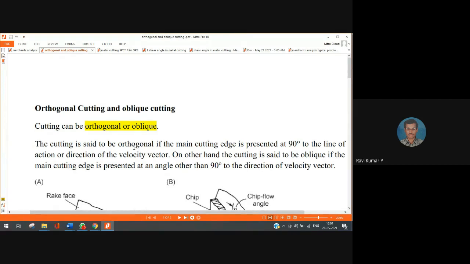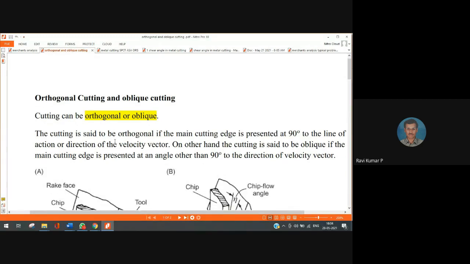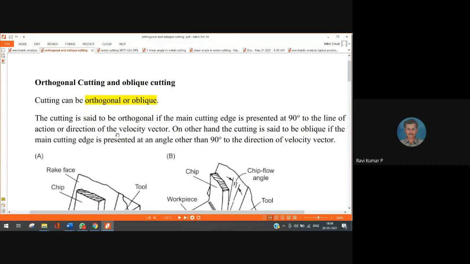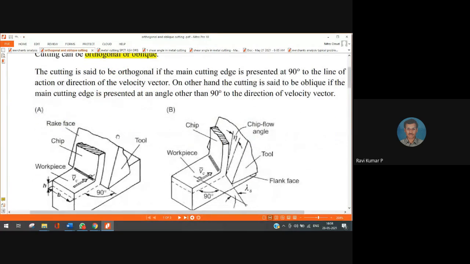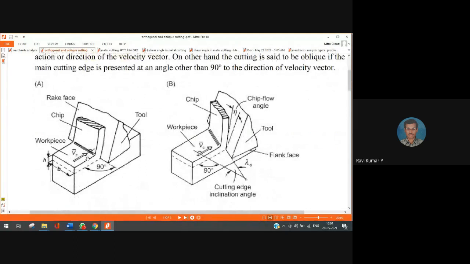Okay, right. So when I talk about the next type of cutting process, that is the orthogonal and oblique cutting. So I can have the cutting as orthogonal or oblique. So depending upon its cutting edge velocity relationships. So how is the cutting edge and how is the velocity vector? So both of them are perpendicular to one another. I call it as